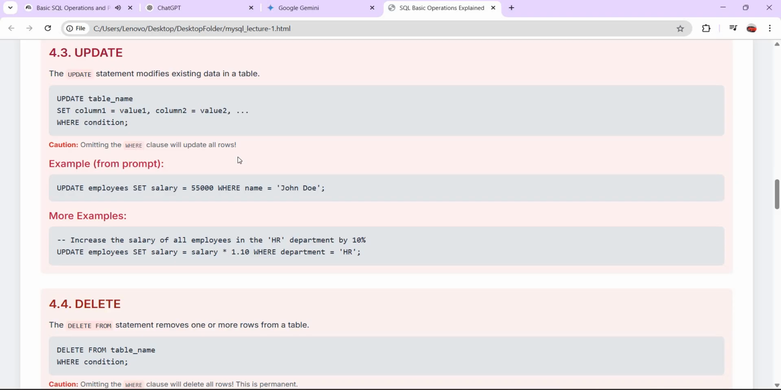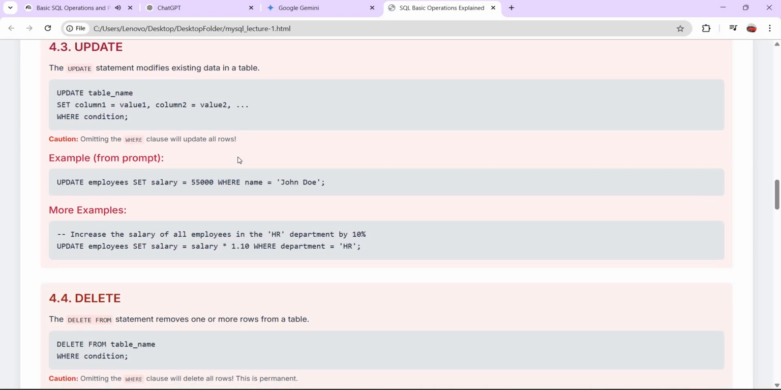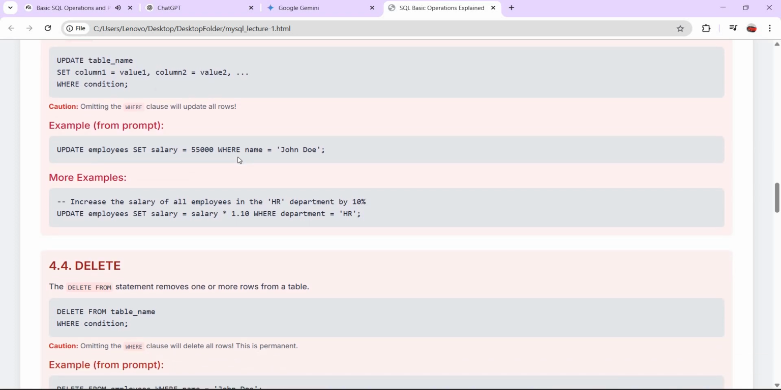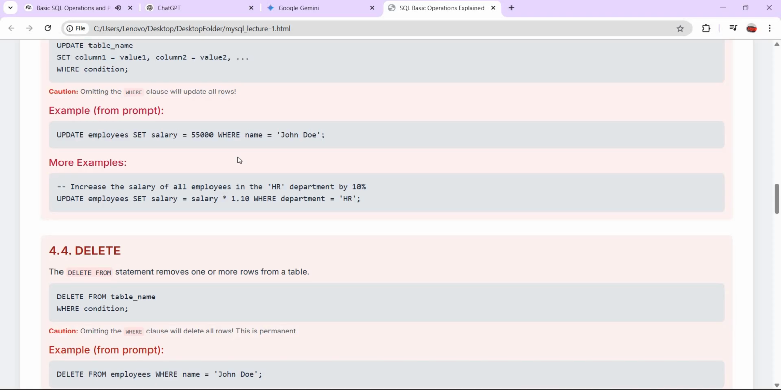Always. All right. Final core operation, getting rid of data. Sometimes records just need to be removed. For that, the command is delete. It removes rows. Syntax is delete from table name where condition. Following the pattern, the examples show